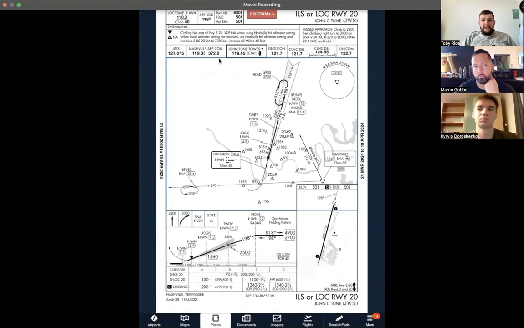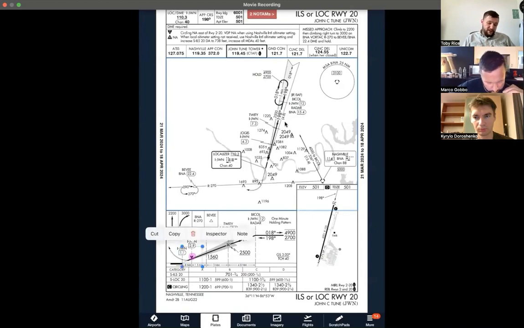Let's see here. Chat is saying you can't descend until past VDP. When did they say that? 3 minutes ago? So that's advisory. The VDP is an advisory point. It's actually not regulatory. Now, I can tell you, I do not recommend at all descending beyond minimums past the VDP or being up before the VDP. It's not a very good idea. However, it's not regulatory. It's only advisory. That being said,